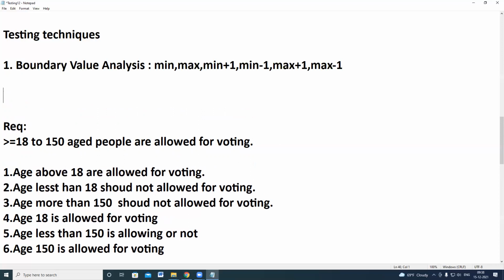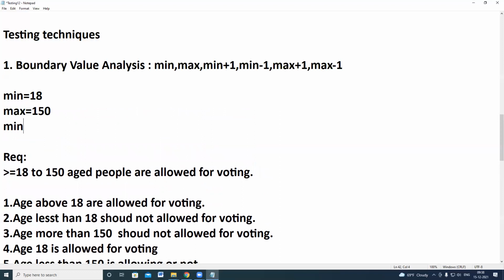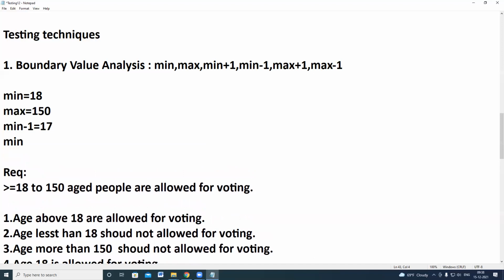So in the given requirement, what is the minimum? 18. Maximum means 150. Min minus 1 means 17. Min plus 1 means 19.